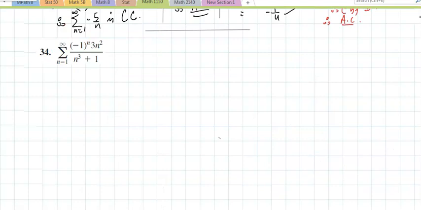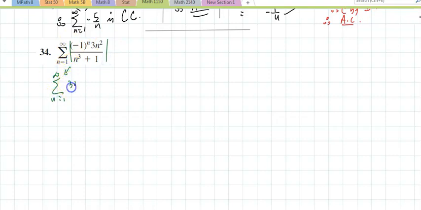Next problem on the list is number 34. If I glance at this, something to keep in mind: the way we did this in class, we know the limit of that equals 0, so we already know this is convergent by the alternating series test. But we should start with absolute convergence first, because most of the time that's what you end up doing regardless. So if I put an absolute value on this, I'm looking at the series